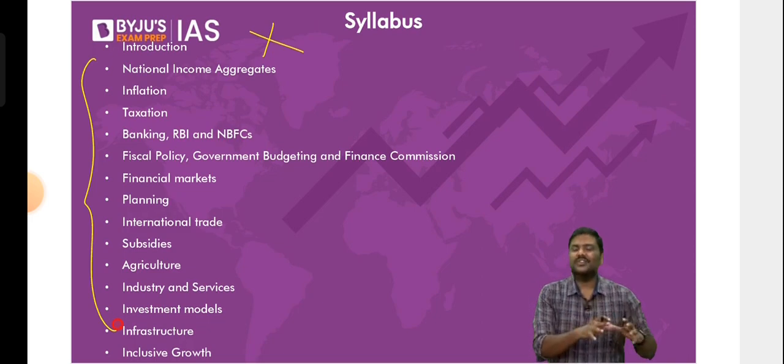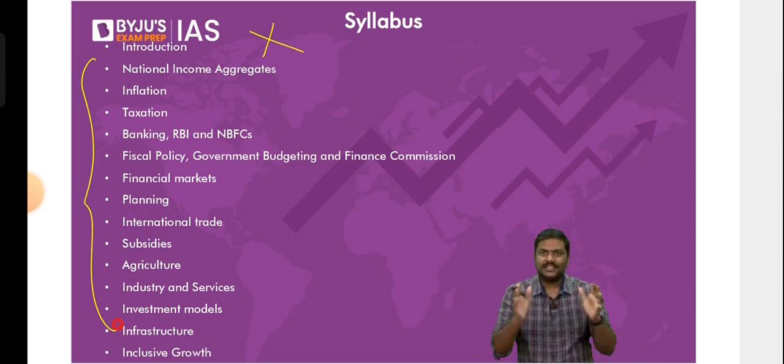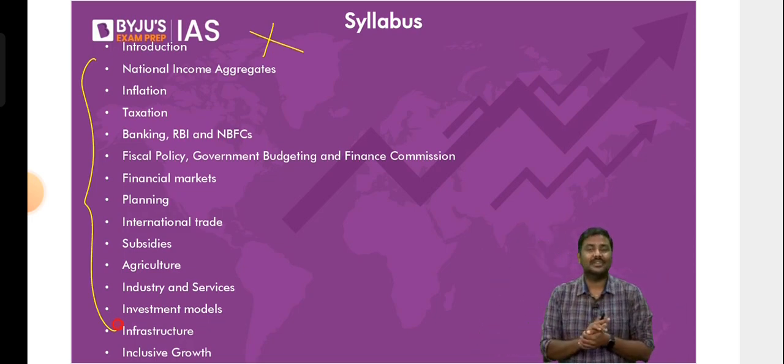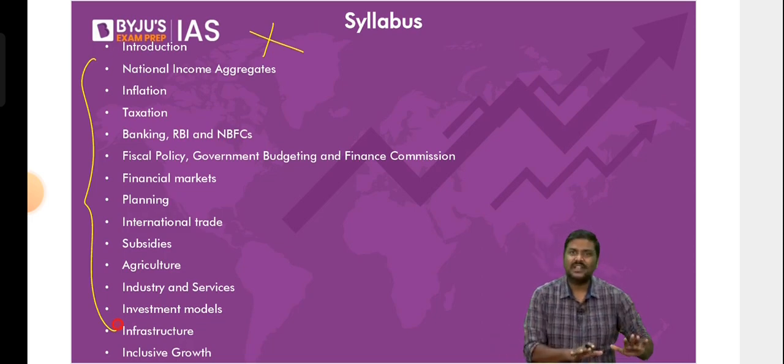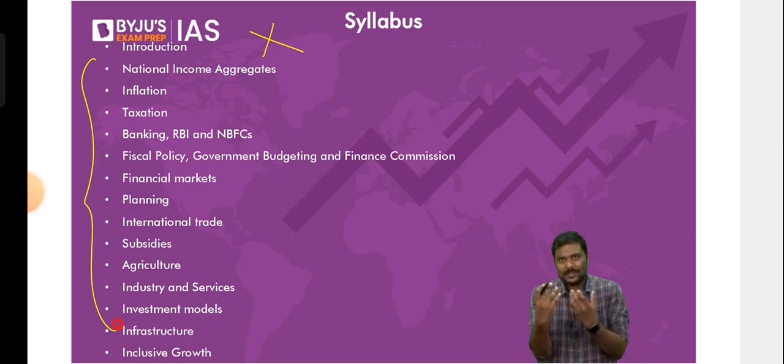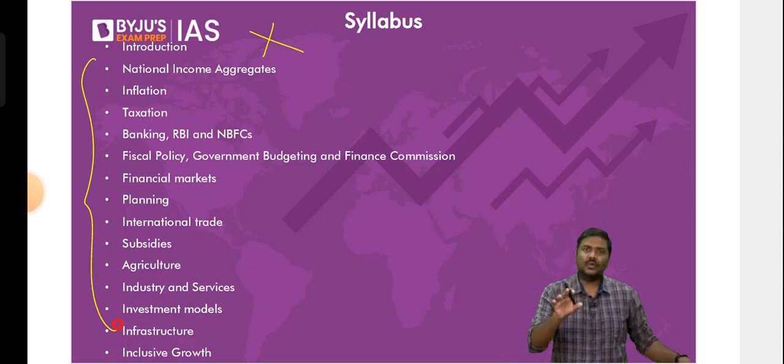Now, related to this particular list of topics, some of the students generally have this tendency to divide the syllabus into the prelims based as well as the mains based syllabus. My recommendation to you people is please don't do that, especially for Indian economy. Why? If you ask me strictly, sir, is there any chapter that you have listed here from where questions will come only in the mains?